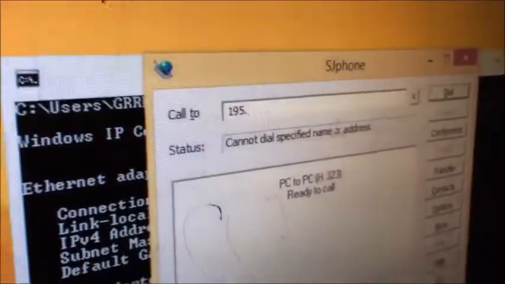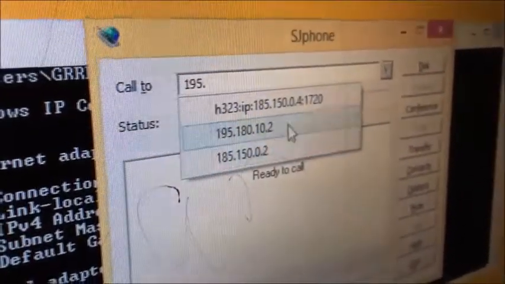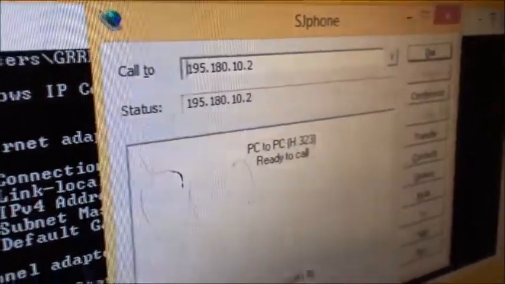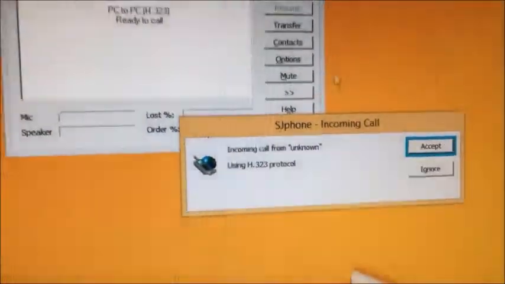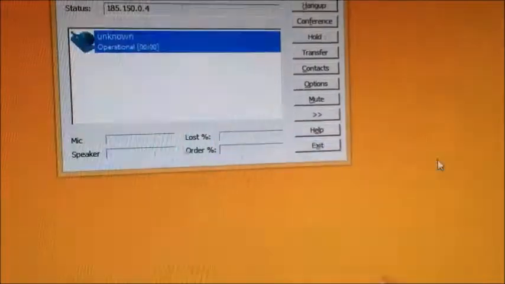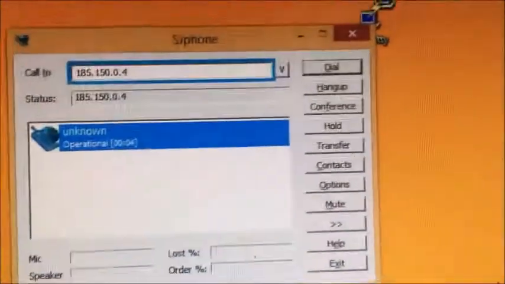Now I will dial the same IP address, 195.180.10.2, and I'm dialing up this call. You can see the receiver able to see this call. I'm accepting the call.